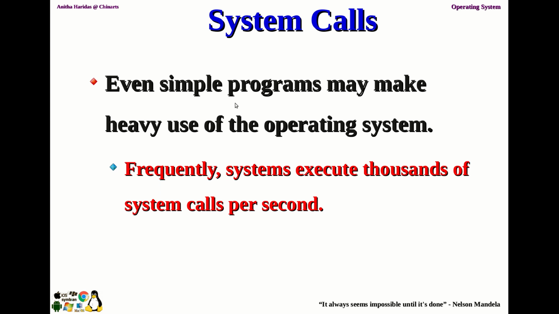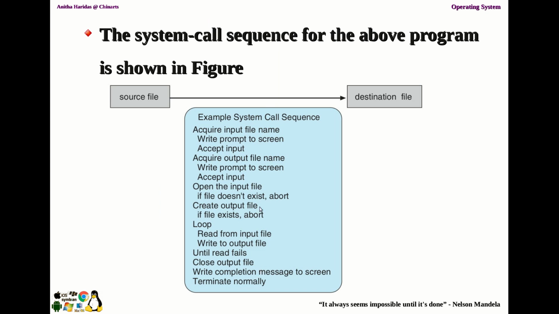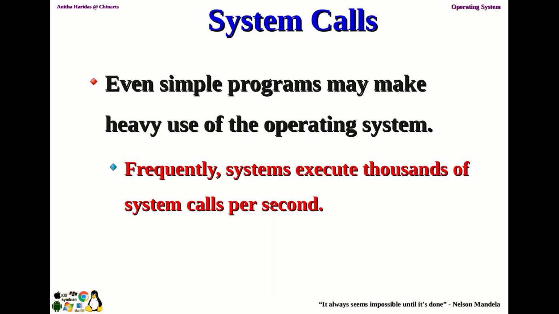So even simple programs, and this is a very simple program, will take heavy use of the operating system, because frequently the systems execute thousands of system calls per second. Just for one simple C program, this many system calls are used. Imagine if you have a larger application, with thousands of processes running as background processes. For all these, a heavy load of system calls will be executed again and again